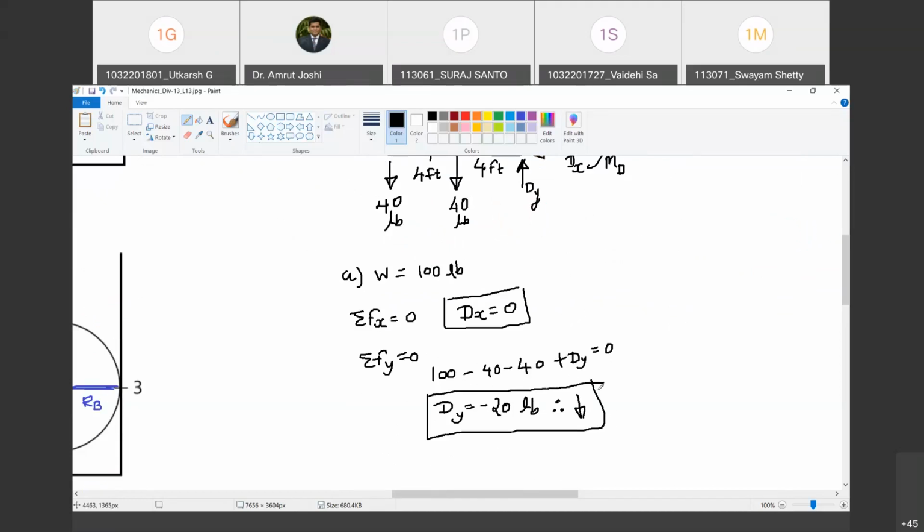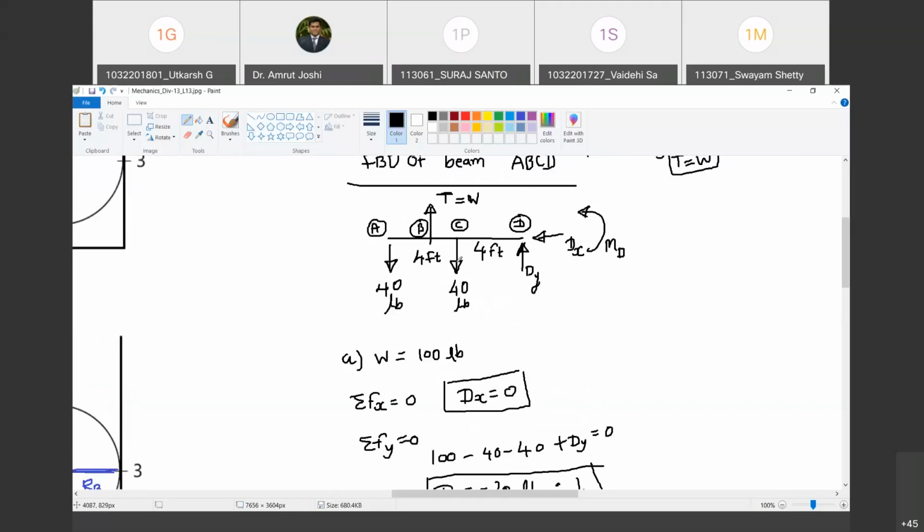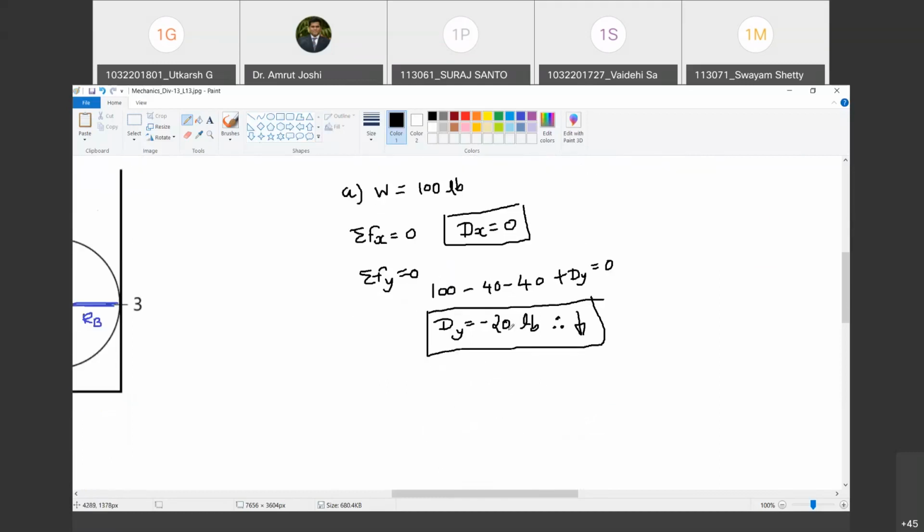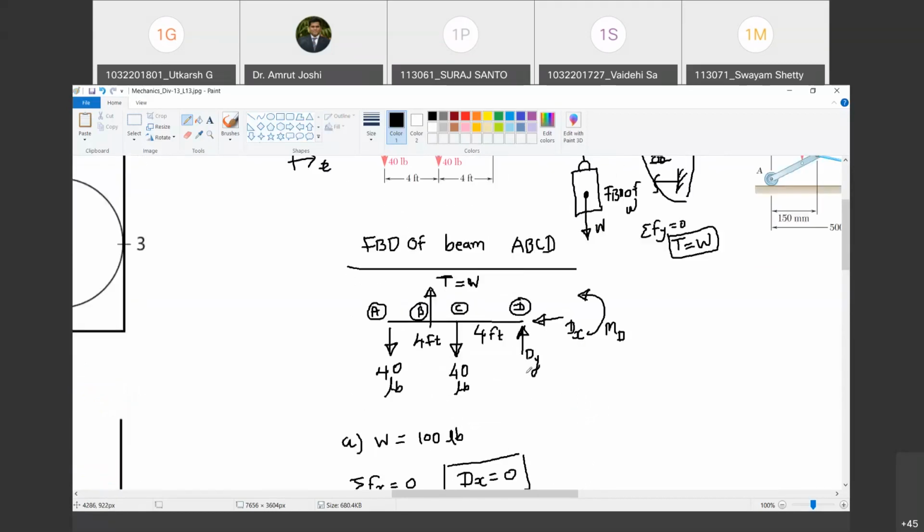We are not still done with the equations of equilibrium with the free body diagram. Still equations are pending. I will not touch the sense of Dy shown here. I will still show Dy as upward. Wherever I have to substitute the value, I will substitute it as minus 20. ये डाउनवर्ड आया इसलिए फ्री बॉडी डायग्राम चेंज नहीं करना है. That causes a lot of confusion. You will assume Dy to be upwards only and write down the equations, but while substituting the value of Dy you will substitute it as negative.